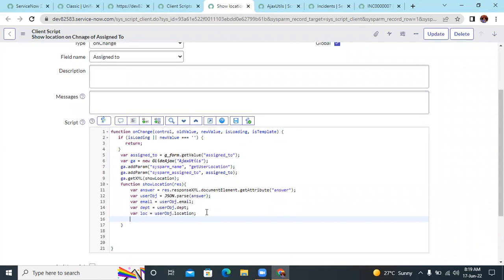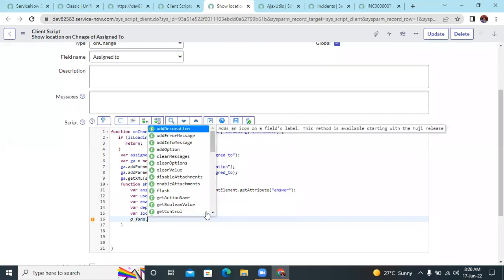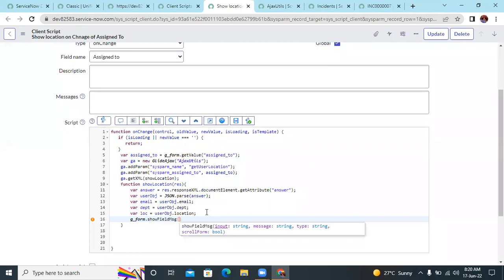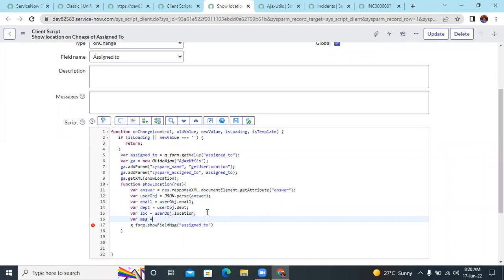So if you want to set them somewhere, like instead of the short description or something like that, then you can set. Okay. g_form dot, for example, I want showFieldMessage. Show field message means it will be showing a message under the field. Okay. So here it accepts the field name as an input, then the message, then what type. The field name is assigned to, and the message which I want to construct is, where message equals to